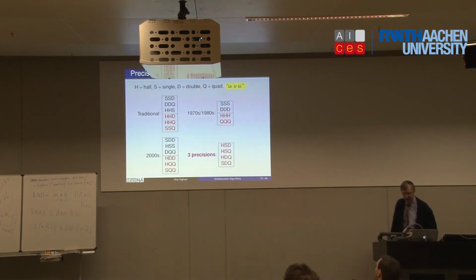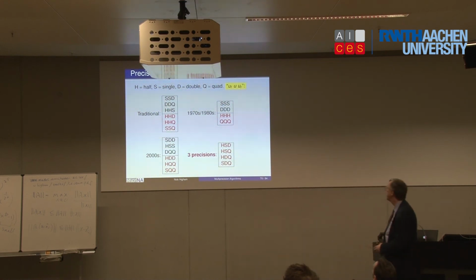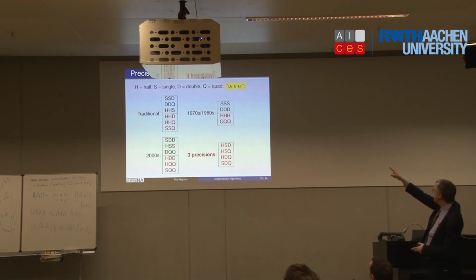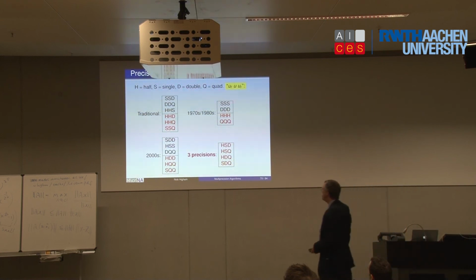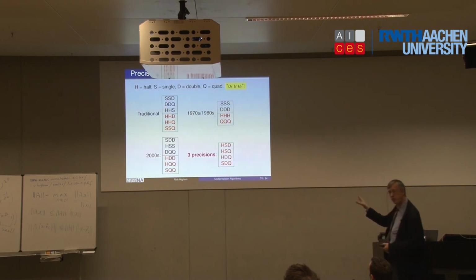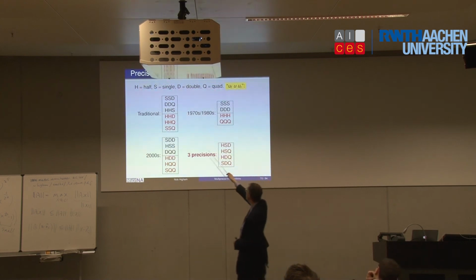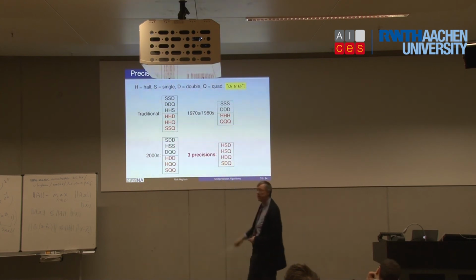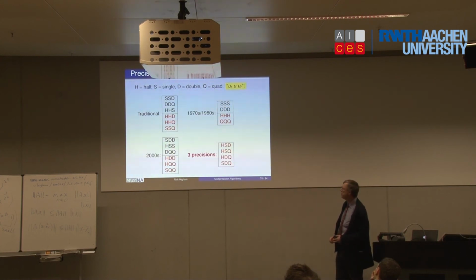So what are the cases of interest? Well, let's denote S, D and Q as four different precisions. In this table, I'm going to show you the precision for the factorization u_f, the working precision u, and the residual precision u_r. So what Wilkinson did in 1948 would have been DDQ. He did residuals at quad precision, everything else at double. So this first column is sort of traditional usages. The red just means I'm bringing in the availability of half and quad, and the half is certainly a recent phenomenon.